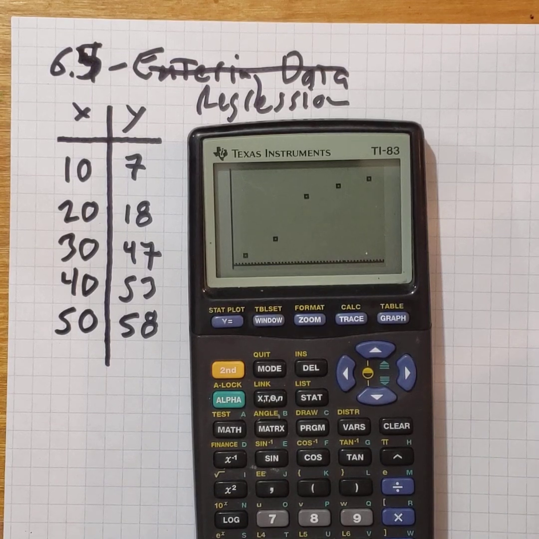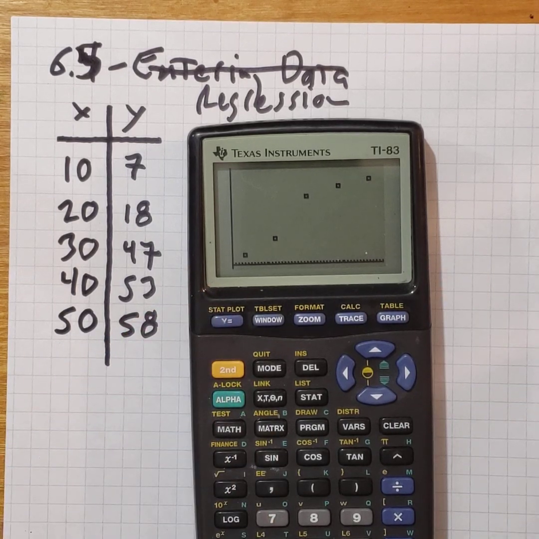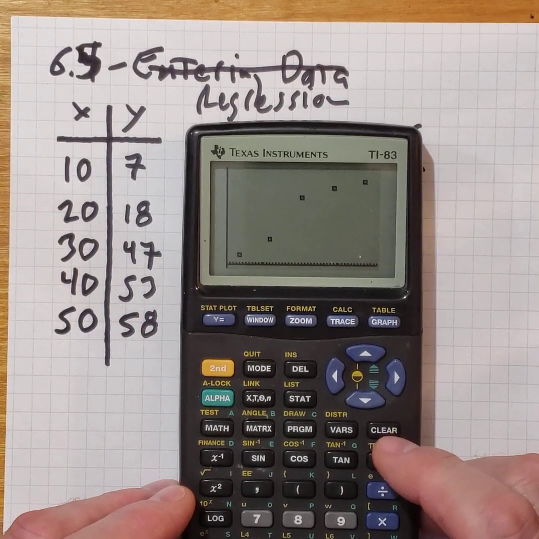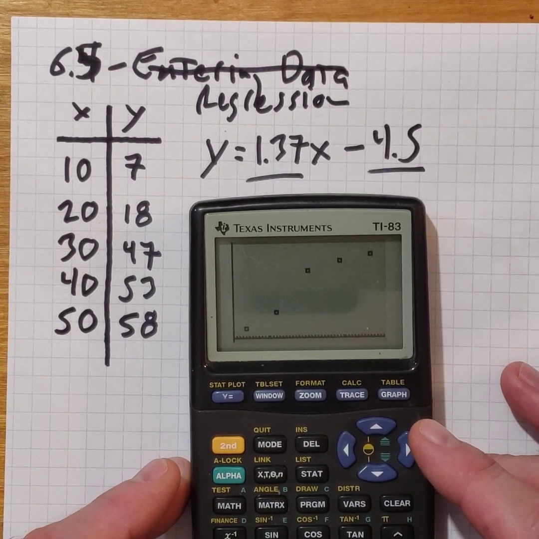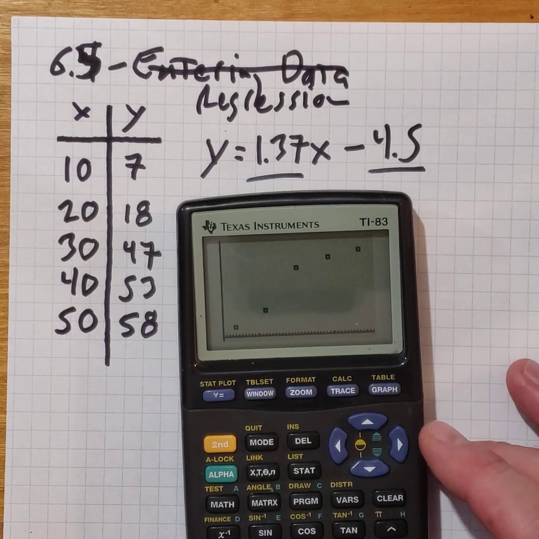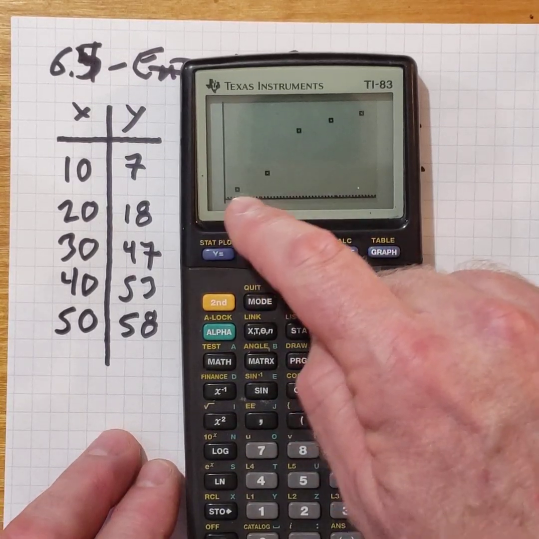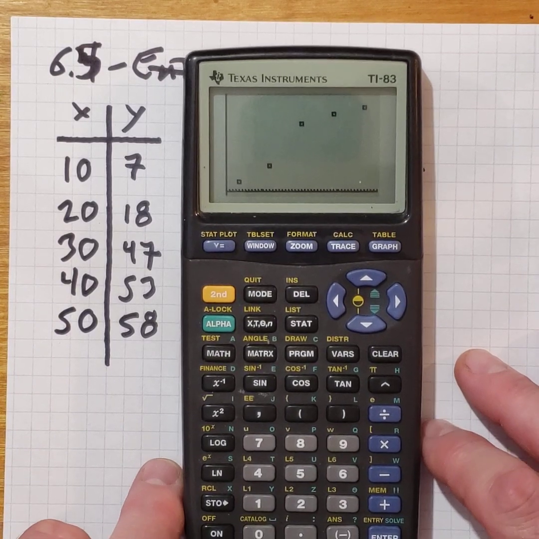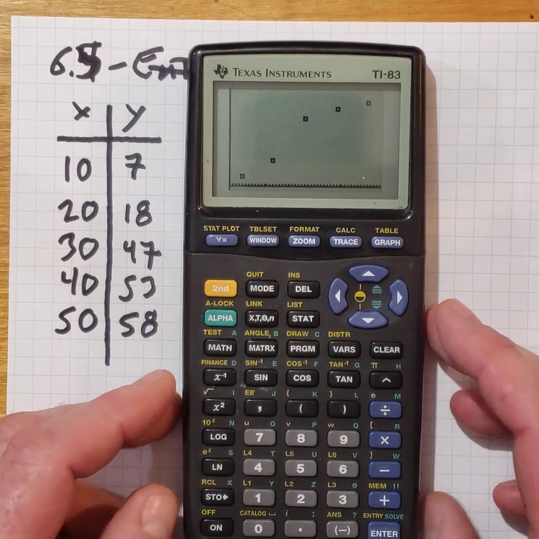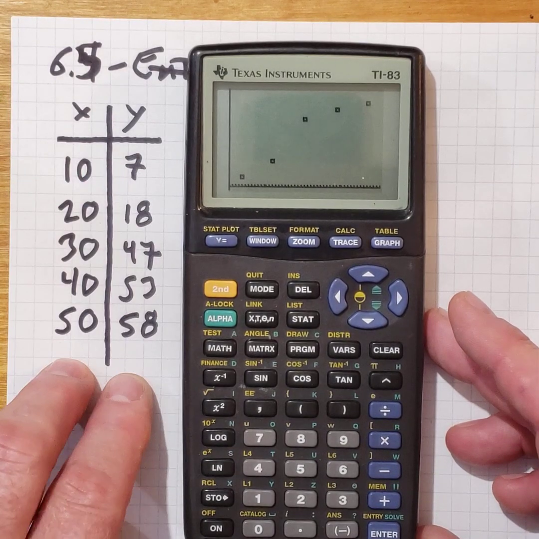All right, picking up where we left off. Last time we looked at entering the data and how to get a scatter plot of the data, and also how to find our correlation coefficient and the equation of our line of best fit. What I want to look at this time is how to graph the line of best fit so we can see that it goes fairly close to hitting all of those points. And I also want to look at how to use that to maybe understand the situation and maybe make some predictions. So sticking with the same data,